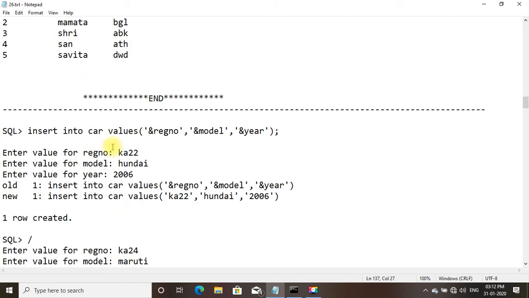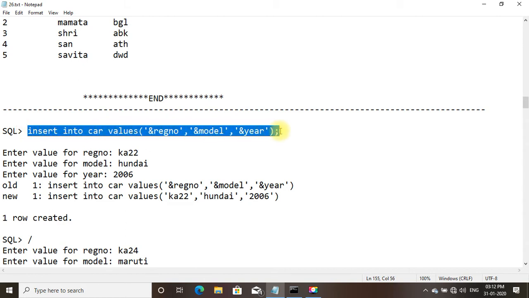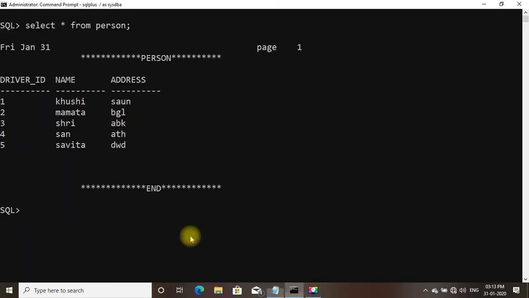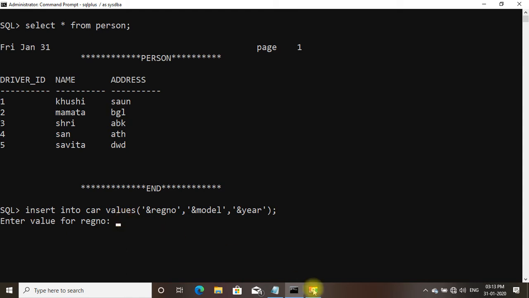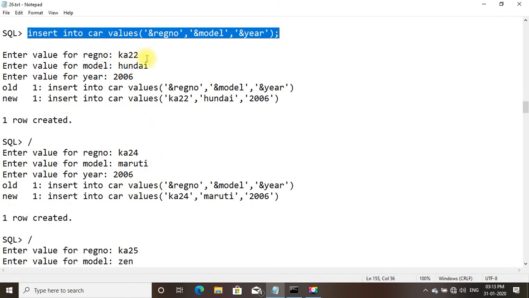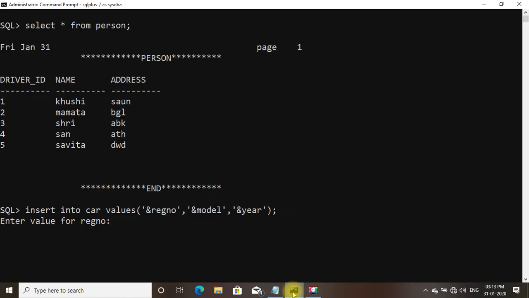Now we shall come to the next table, that is car. We need to insert the values in that. We need to first type the statement. Enter the value for registration number. It is asking KA22.